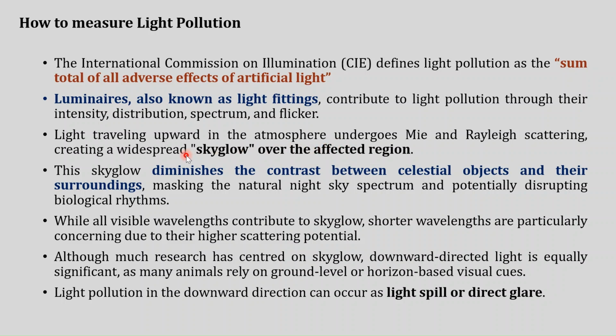And the sky glow diminishes the contrast between the celestial object and their surroundings, and it masks the natural night sky spectrum, and it may disrupt the biological rhythm. Though all visible wavelengths contribute to sky glow, the shorter wavelengths are more concerning because they have higher scattering potential. And the majority of the research is focused on the sky glow, but the downward directed light